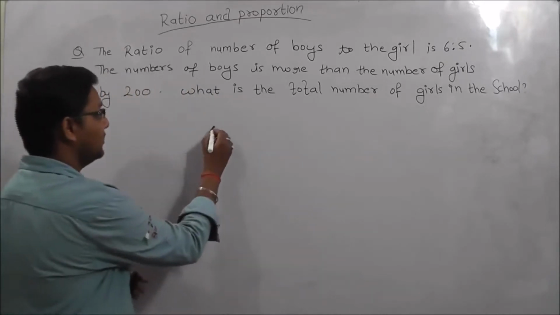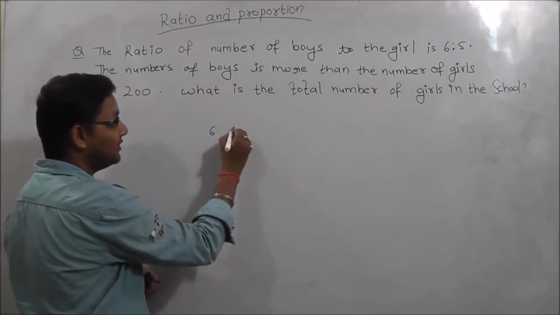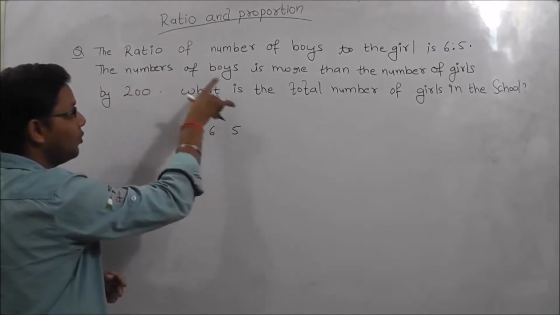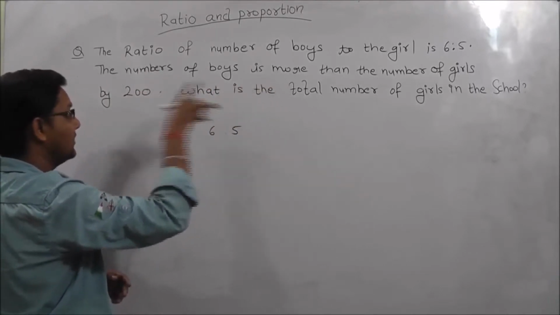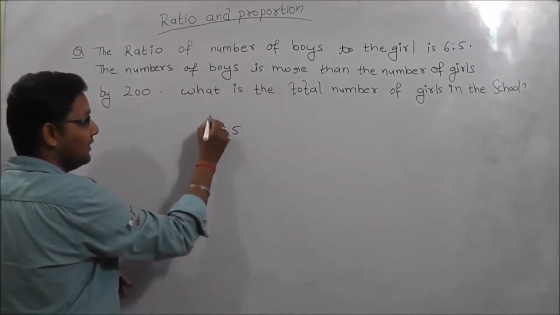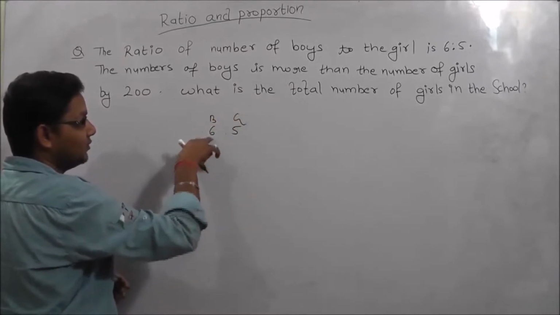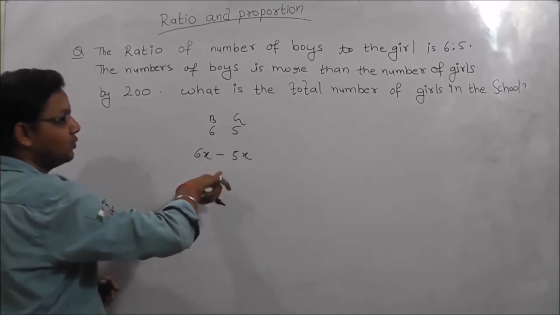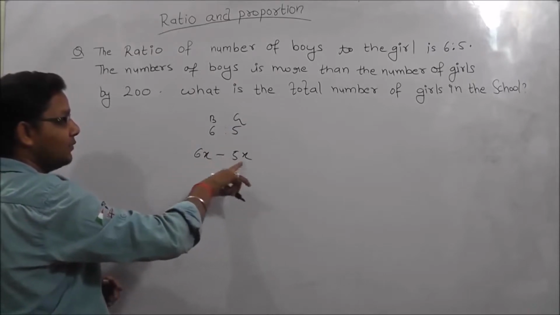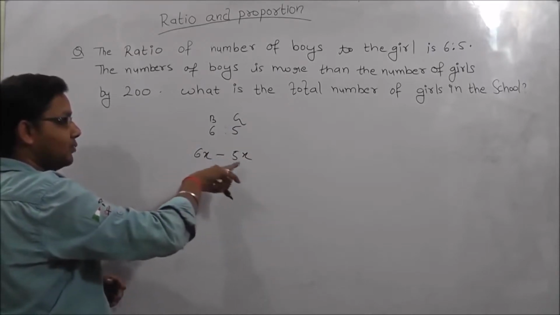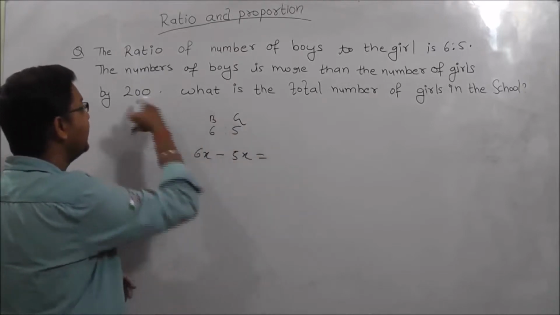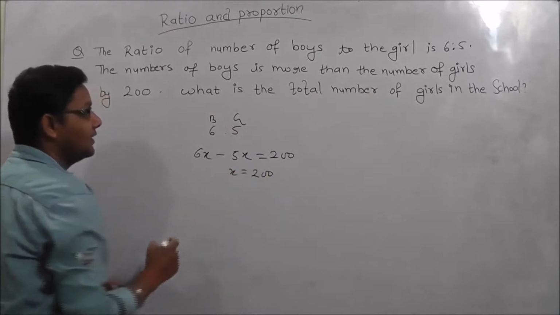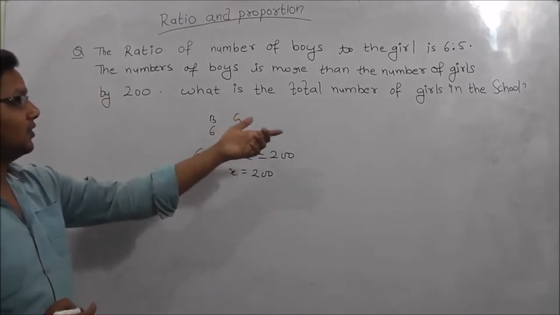Okay, so the ratio of boys to girls is 6 is to 5. So the total number of boys is more than the number of girls by 200. So it is boys and it is girls. So 6x minus 5x equals, the relation is 6x minus 5x, because the number of boys is more than the number of girls by 200. So x equals 200 we will get,